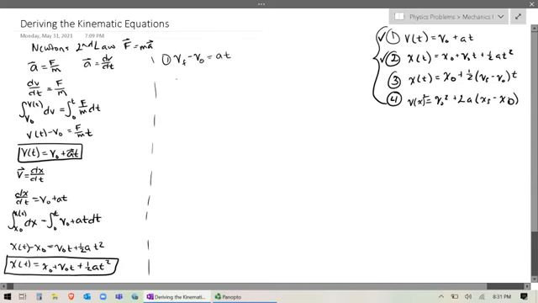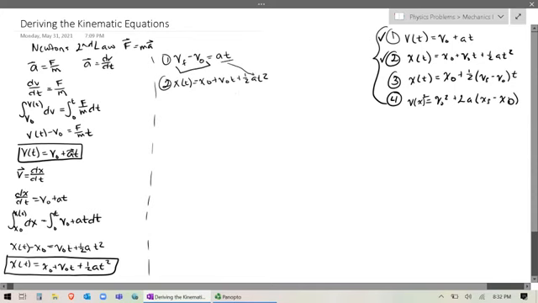So we're going to take equation 2, x as a function of time is equal to x naught plus v naught t plus 1/2 a t squared, and we're going to replace